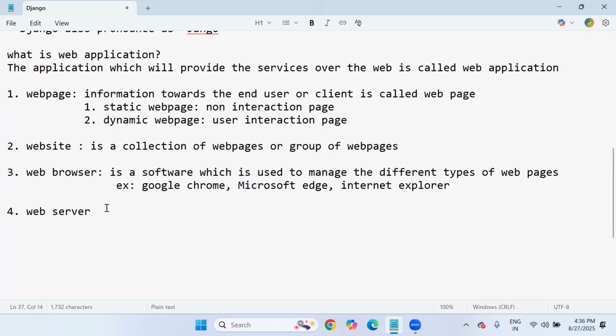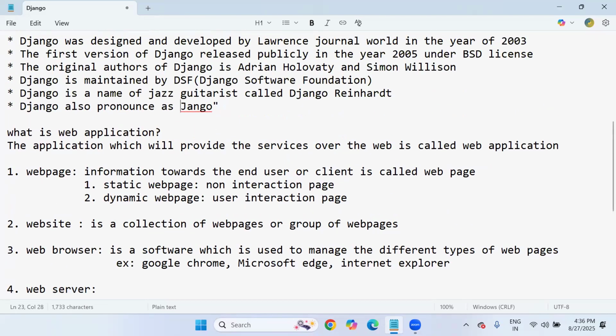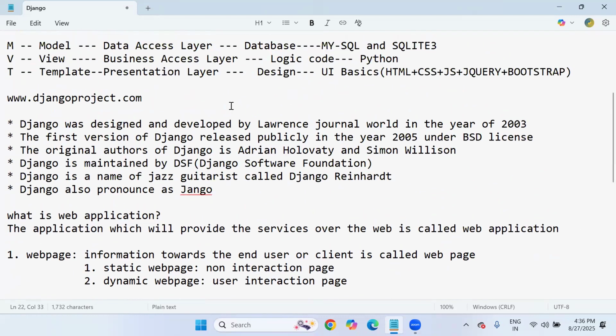And the most important thing is the web server. Yes. See, sir, we have a web page, we have a website, we have a browser. But without a server, you can't get the response. The reason is, not only in Python web development, sir. Okay, remember, even Java web development or .NET web development, any web development process depends on client-server architecture. Yes, this is the common architecture.